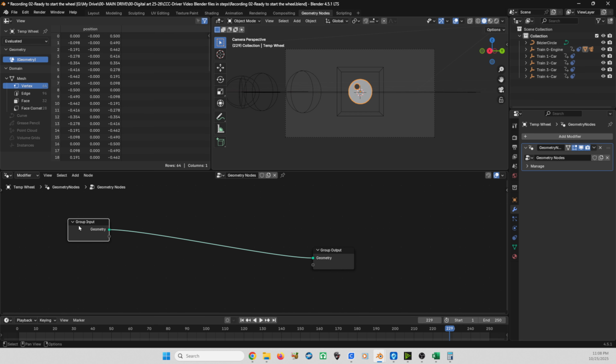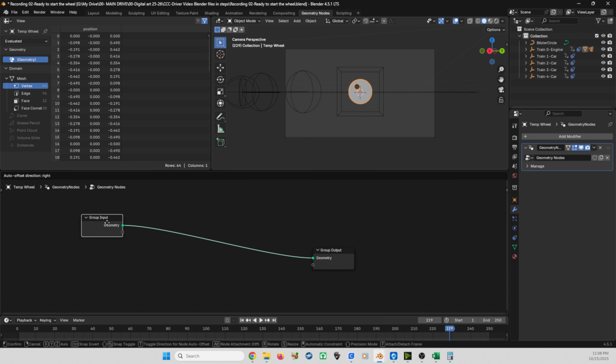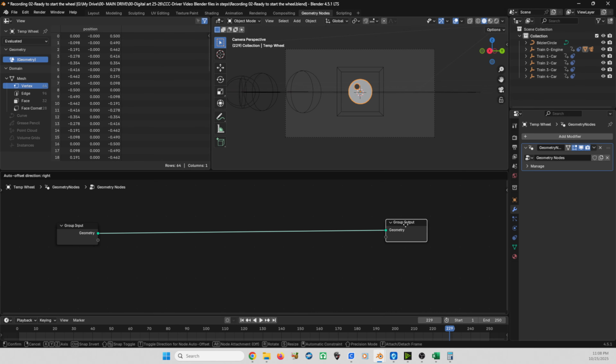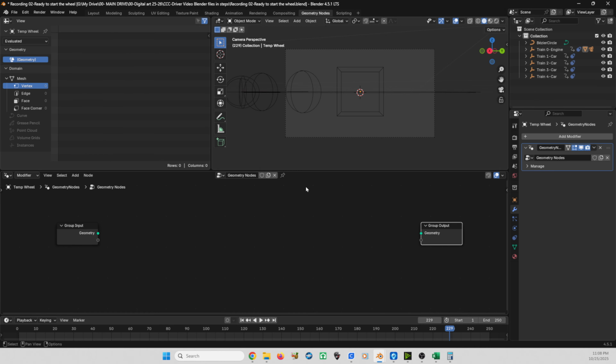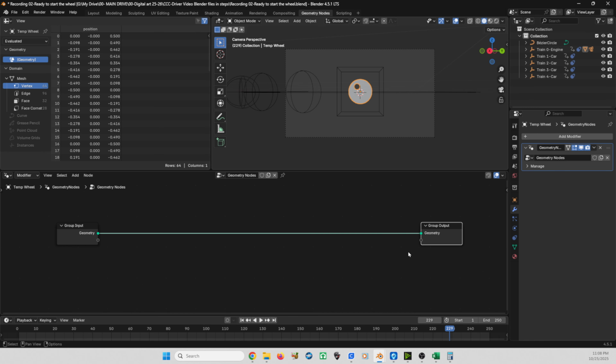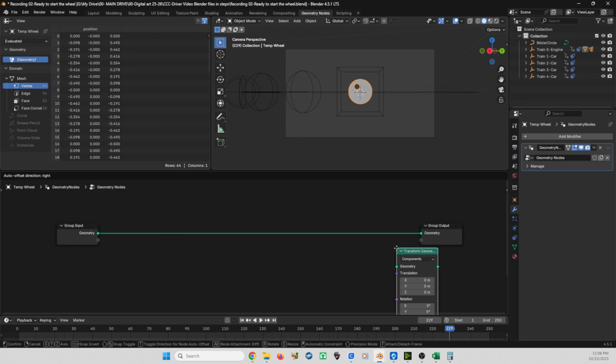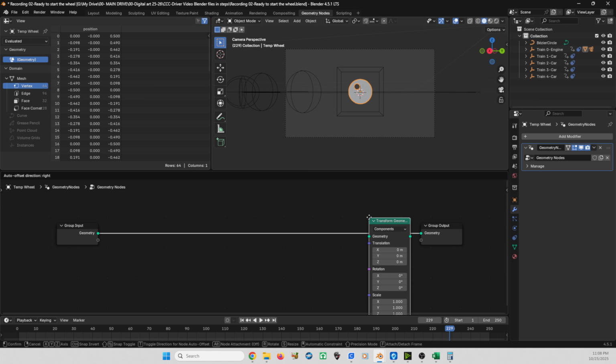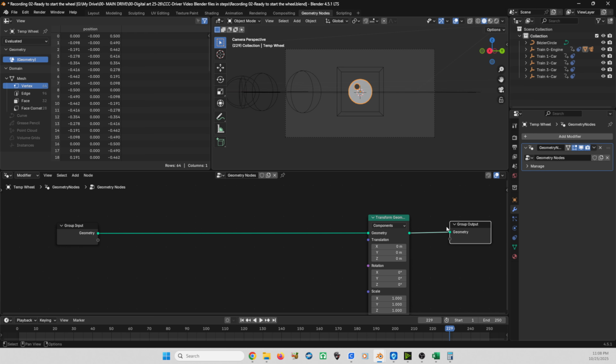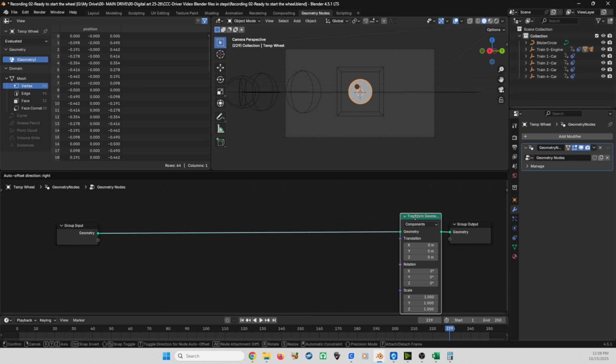Here on the left, we have the group input. So whatever the original object is, that is this information. Here on the right, we have the group output. So if I unplug this, there's no information going to the output, so we have nothing in the scene. Now let's add a transform geometry node, and we're just going to plug that in here on the right next